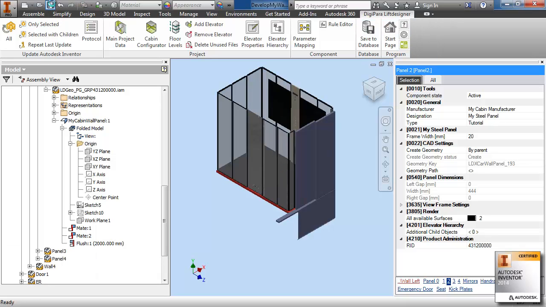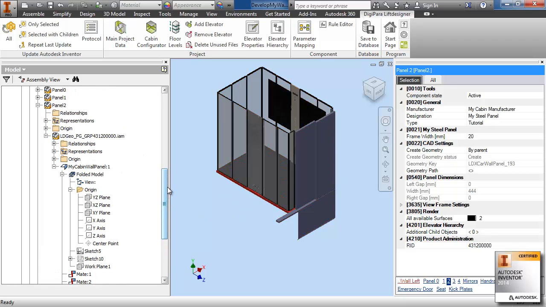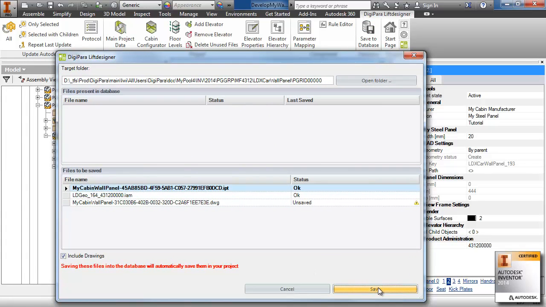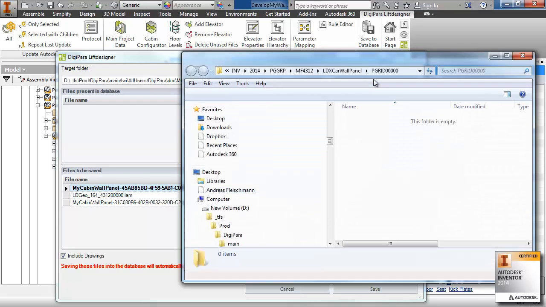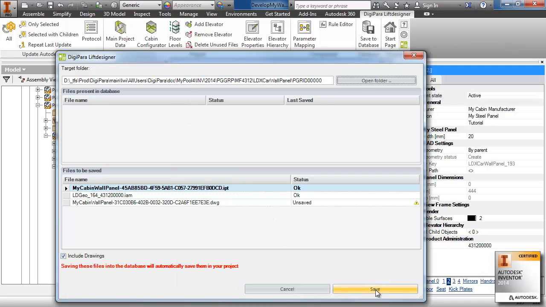So I save everything into Inventor, all Inventor files, and we can now go ahead and save this configuration to the database. So I click on Save to Database. The software comes up with this dialog box, and you see here, this is the target folder. We will have a look, open folder, where this gets saved. So currently there is no content in this folder, but if I click on Save Now,